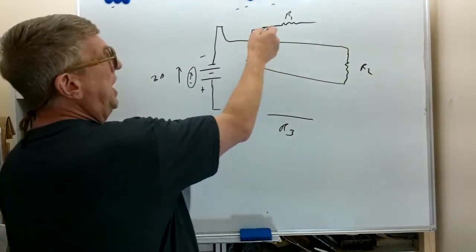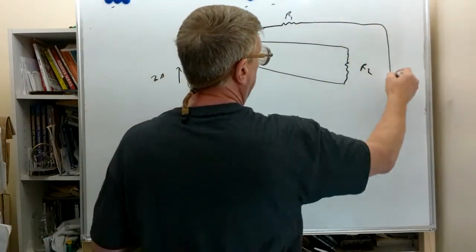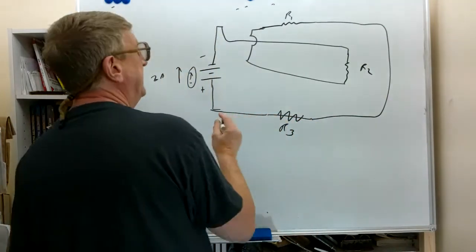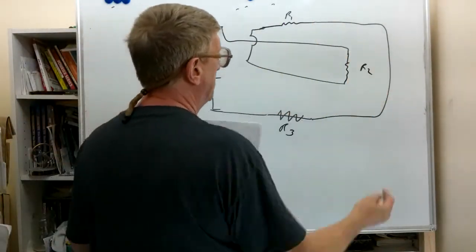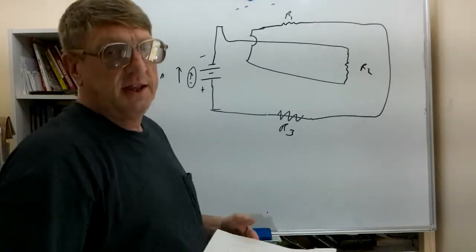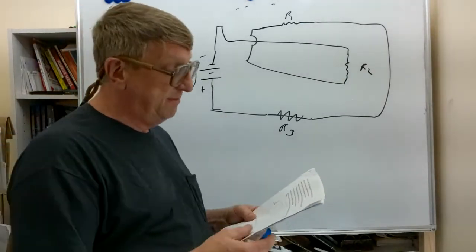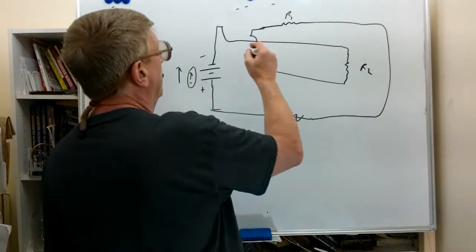The little hops indicate that there's no connection here. And around here to R3 and back to the battery, we still have the same current flowing everywhere in the loop. So as far as the individual resistors, the order of connection really doesn't affect the current in each of them. It can affect other things, but for this particular case,